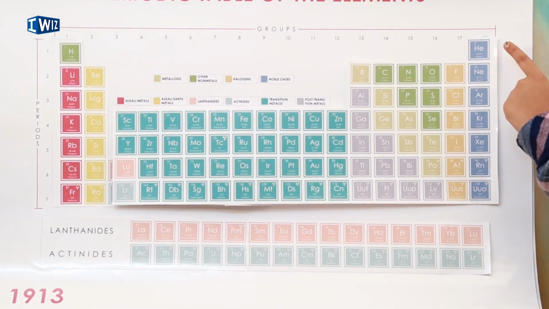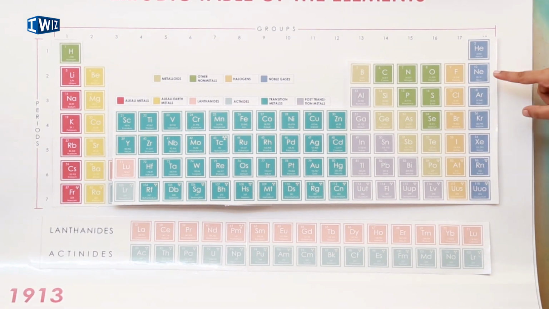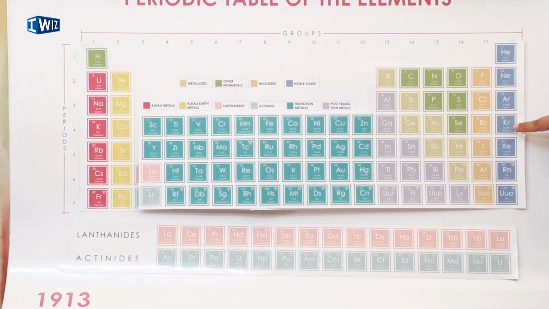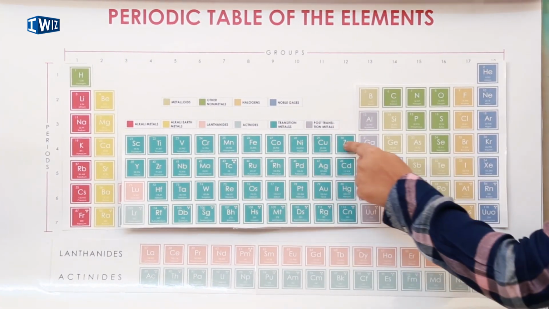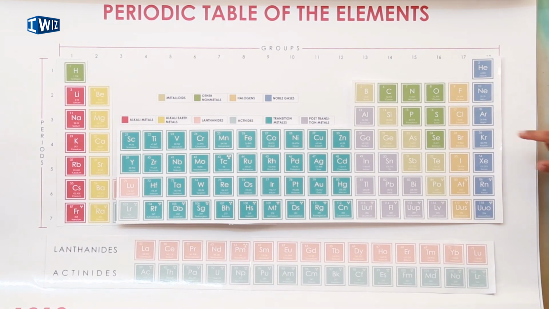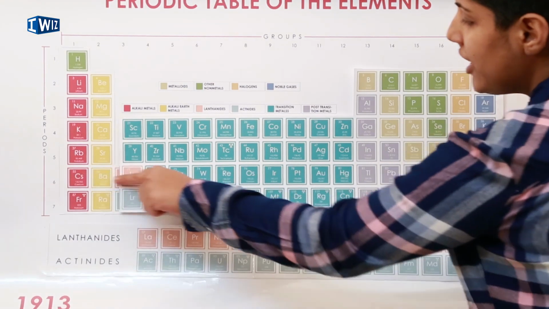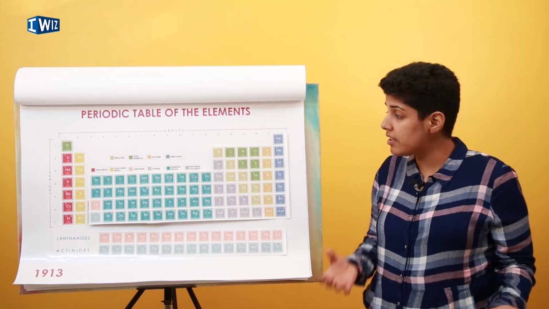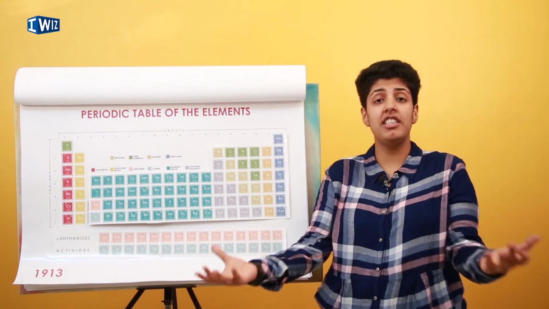So the first period over here has just 2 elements. It's known as a very short period. It's the shortest period. We have just 2 elements. The next period we have 8 elements. Again, we have 8 elements. Next, we have 18 elements in the 4th period because we have 10 transition metals. Again, in the 5th period, we have 18 elements. In the 6th period, we have all 18 of these, and then we have the 14 lanthanides, which gives us 32 elements. And the 7th period is 32 elements as of now, but we are still discovering elements.